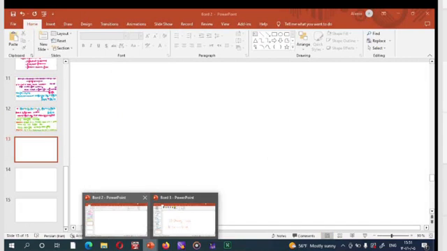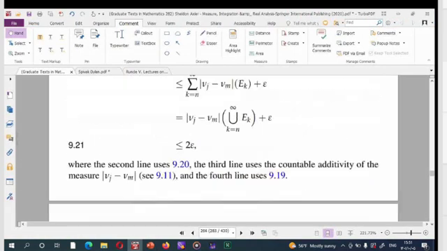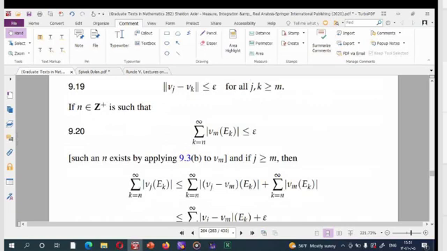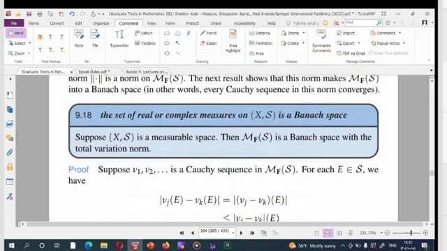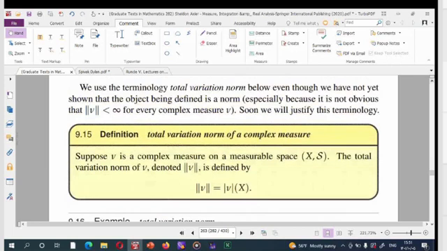this is very important, that this is a norm space. This vector space with this norm. Okay, this is a norm on M_F of X. Okay,